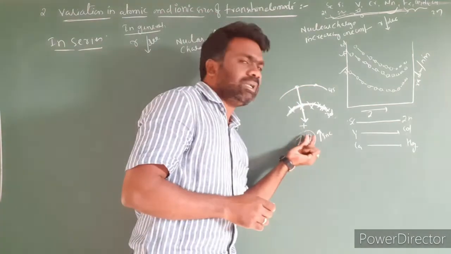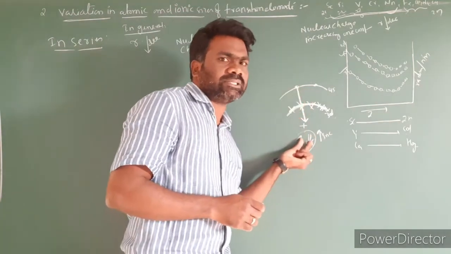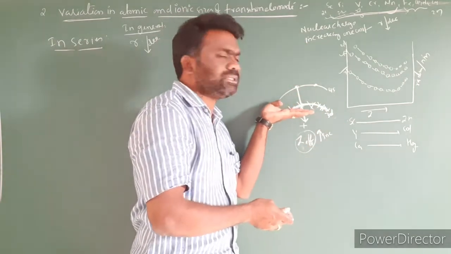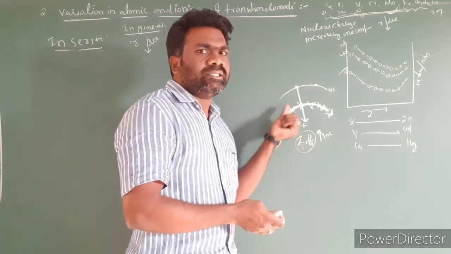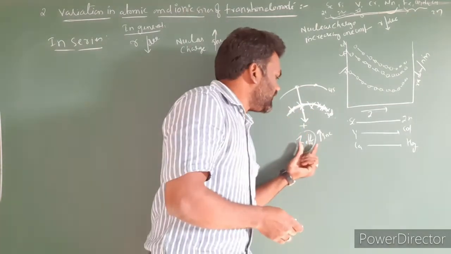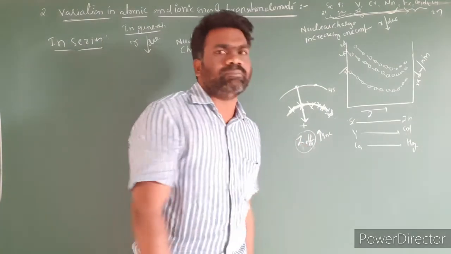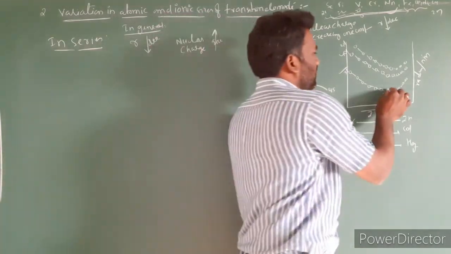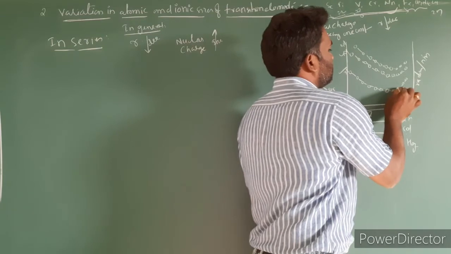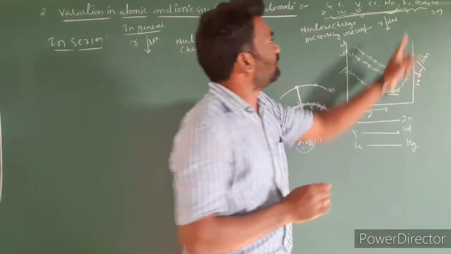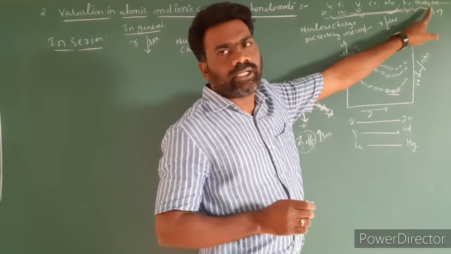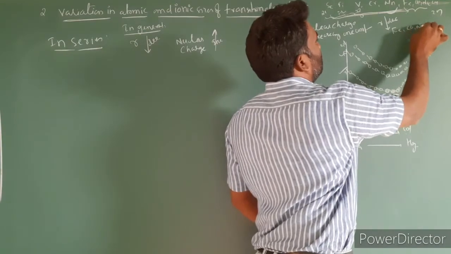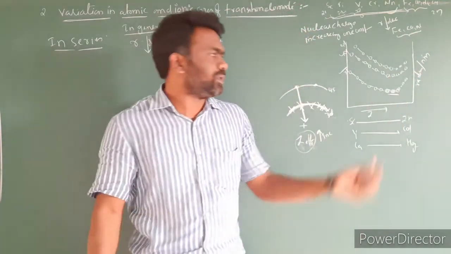Shielding is nothing but the nucleus attracting the outermost electron towards itself, while the electrons present in the inner shells repel them outward, so it works oppositely. This we call the shielding effect. Here the shielding repulsion and the nuclear charge are balanced. The attractive force of the nuclear charge and the repulsion of electrons are balanced, so the size is almost constant in the case of iron, cobalt and nickel.